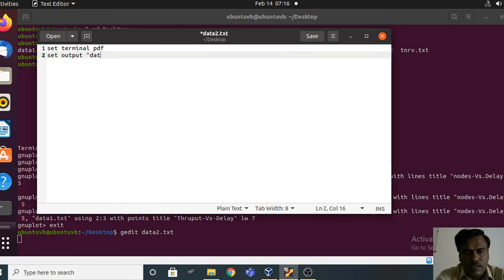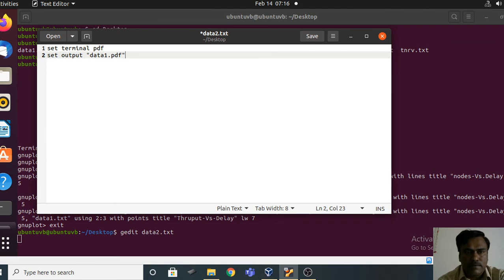I think data1.pdf I want to have. For this reason only I wanted to reuse that name, data1. For that sake I have deleted that file. If you want a different name, then you don't need to delete that. I think now you understood for what reason I have deleted that file, because I wanted to use the same name for the file.